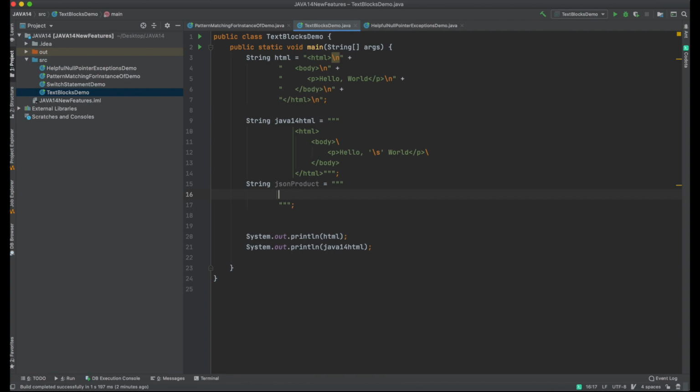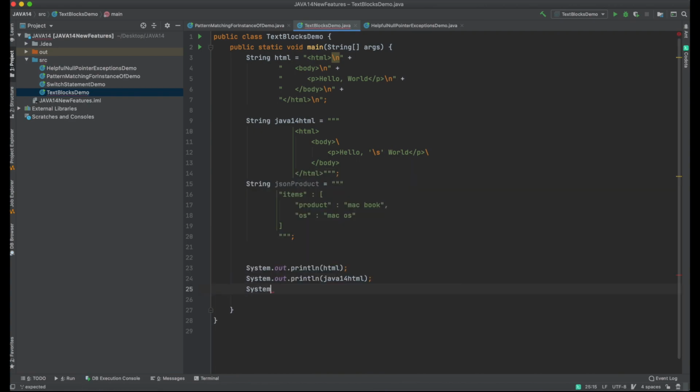Let's write one sample JSON string: items, product, MacBook, OS, Mac OS, System.out.println(jsonProduct). Now let's run it.